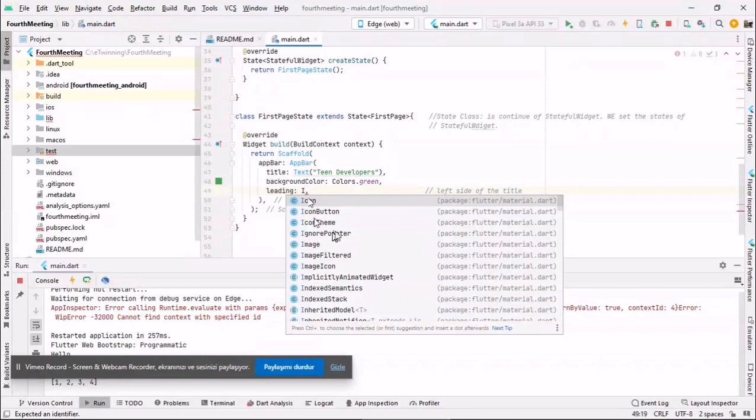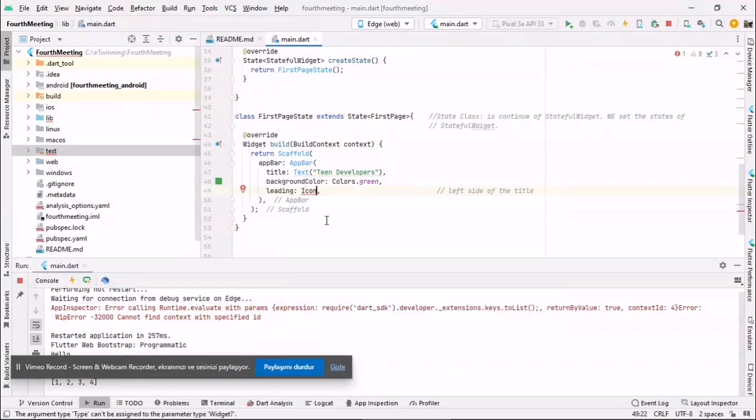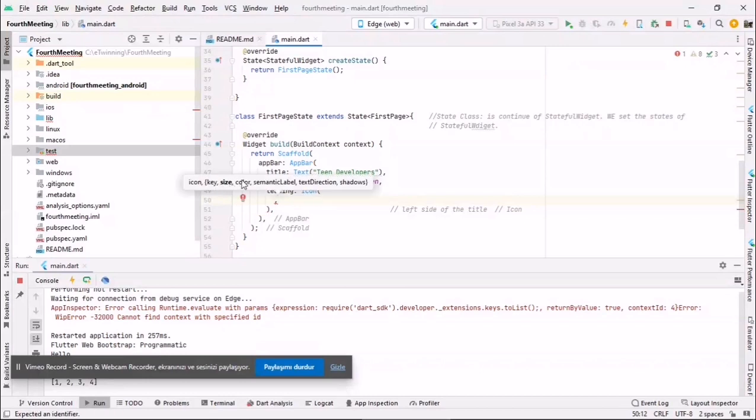So I'm choosing this one or this one. I'm choosing icon from now on. So I have to write something in here, but if I don't know the icon's parameters, I just put a comma here, and all of the parameters come to me. So it wants an icon. This is a required parameter, and all of the other things are not required. You don't have to write all of them. You don't have to write key, size, color,